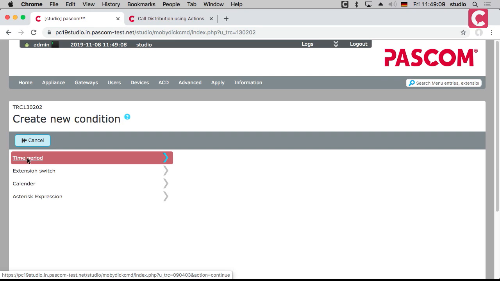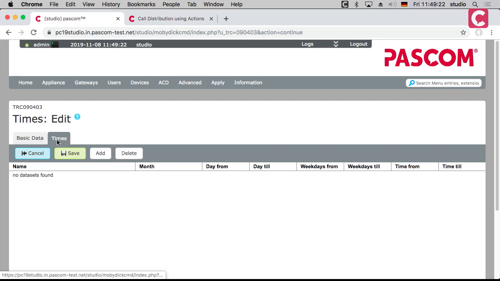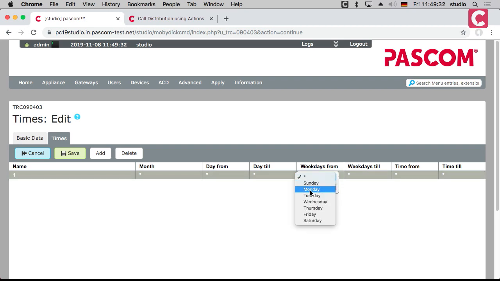We start with the time period and I call it business hours. We've done this a few times. It's so easy that even the browser can configure the system. So add, let's say 1. And then we have weekdays from Monday